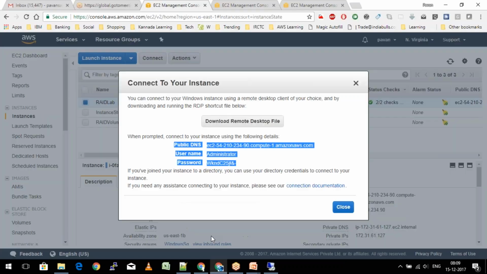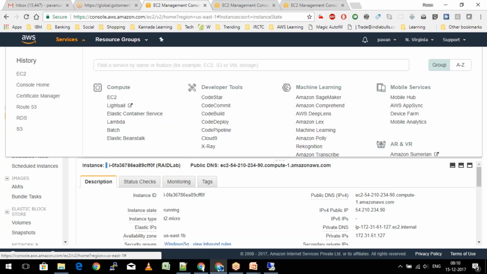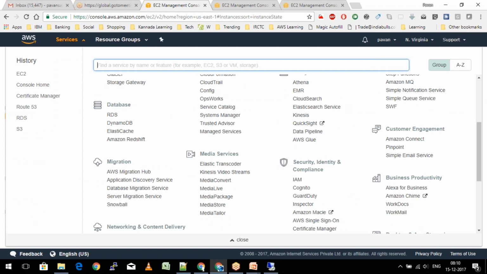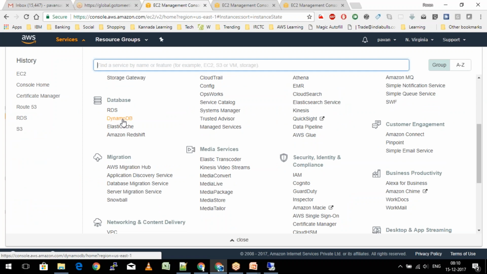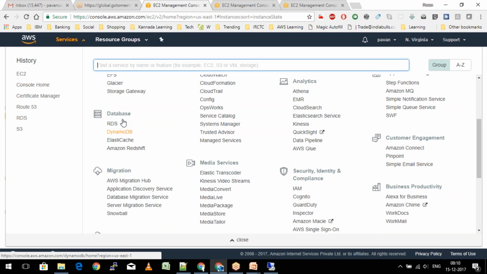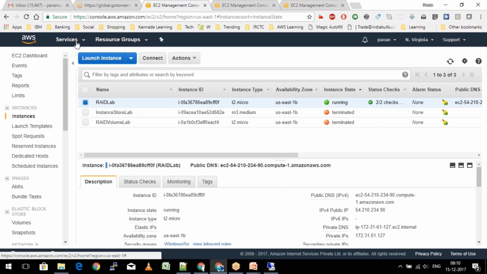Specifically, let's say I'm hosting a database on one of my EC2 instances. Let's say it's a NoSQL database, like Mongo and Cassandra DB, which is not available in this services part here. If you see in the database section, Amazon has got its own NoSQL database, that is DynamoDB. Now let's say if you want to install MongoDB or Cassandra DB, you have to use your own EC2 machine inside which you are going to install this Mongo or Cassandra NoSQL database. Now, as we all know, the NoSQL database requires a little higher IOPS because it has the capability of writing the data at much higher speeds.